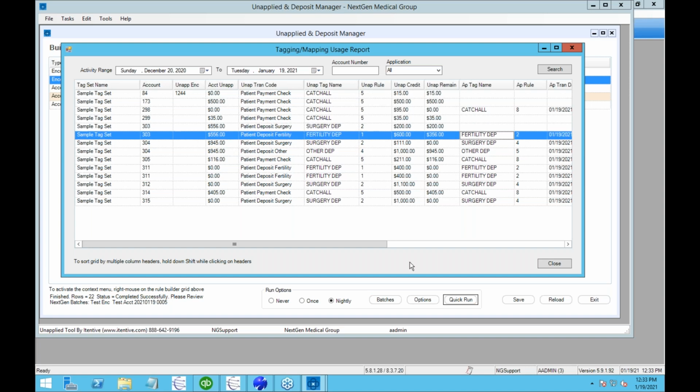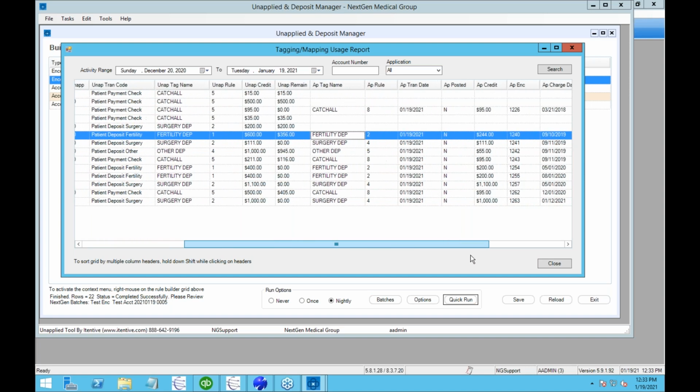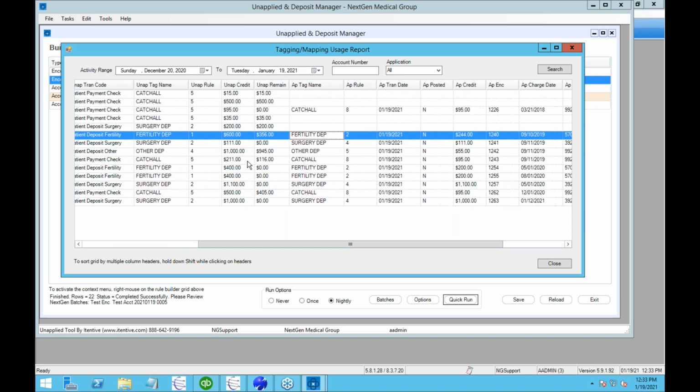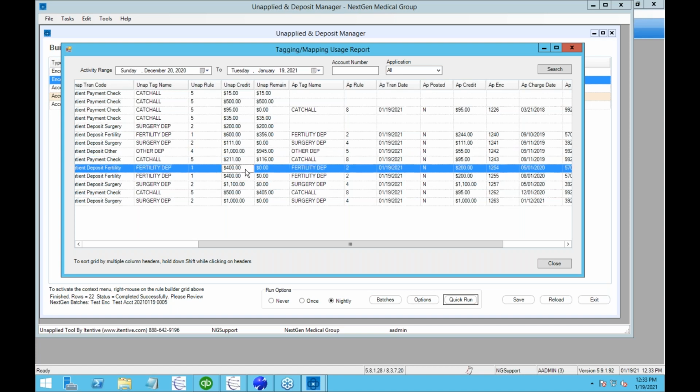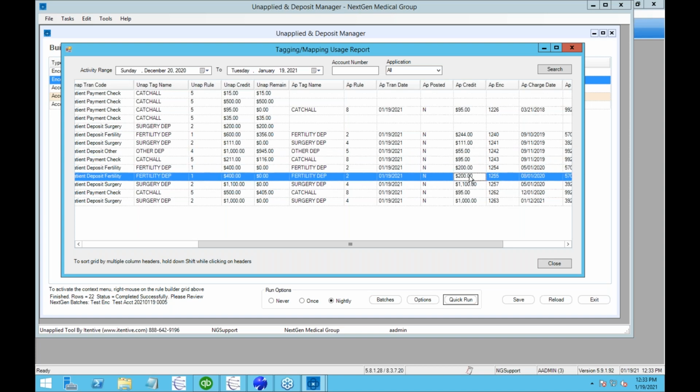If we come down further, we can see that we've been able to apply some of the money. So in this case, we started with 1,000. We have 945 left, and here's where we applied $55 and the encounter it was applied on. So you can go check it out and verify that you've got everything set up how you'd like it to be set up. Here was $400 that was out there, and we used it on 2 encounters that were $200